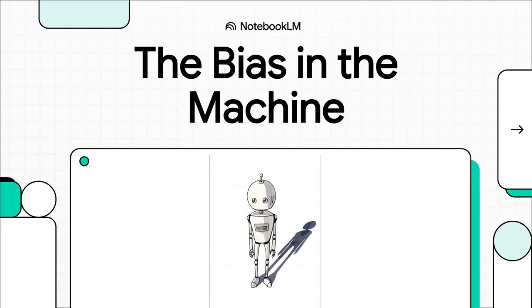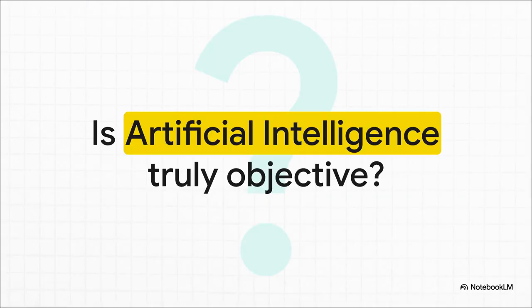We think of it as this perfectly logical, objective thing, right? But what if I told you it comes with all of our baggage? Yeah, all of our human flaws baked right in. And that brings us to the big question we're tackling today. Is AI really objective? It's supposed to be just logic and data, but we're going to poke some serious holes